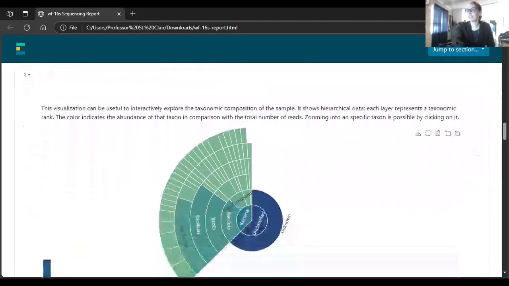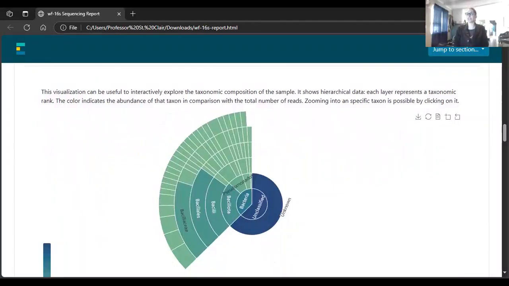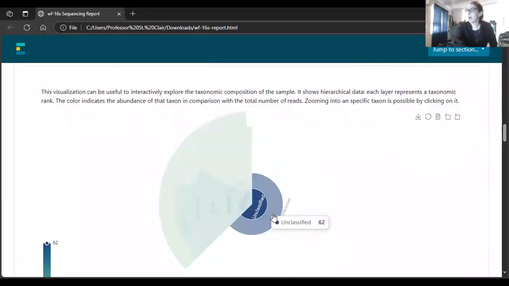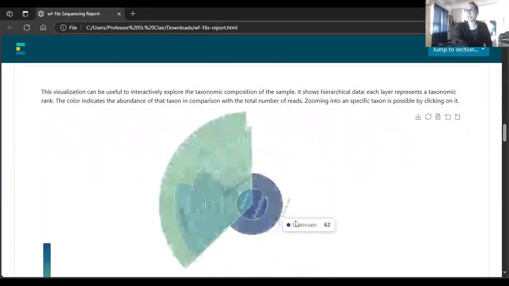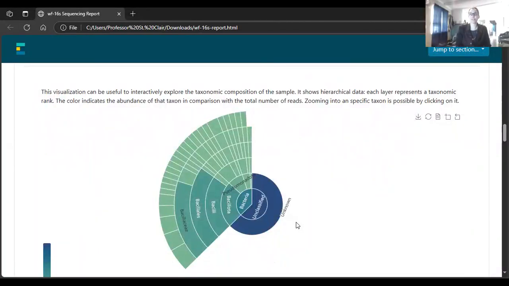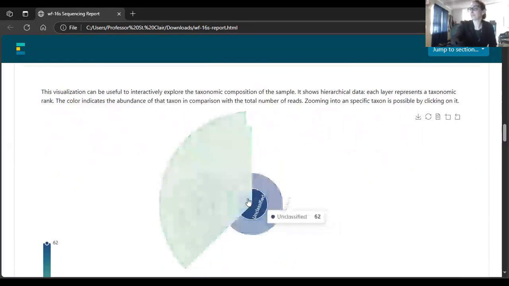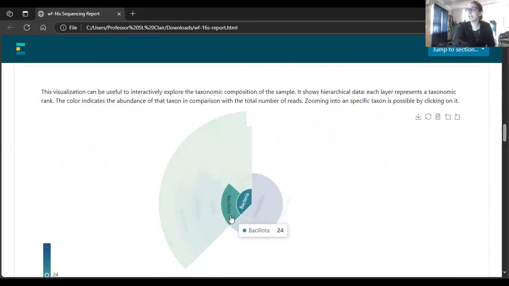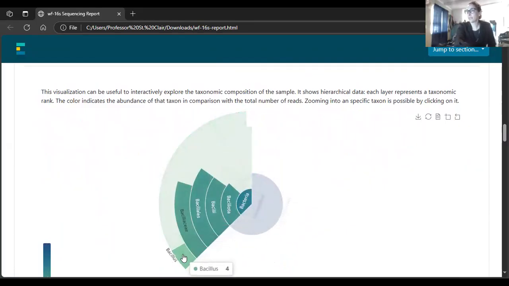The next one is the sunburst. And like I mentioned, this one is interactive. So here we have going through the different taxonomic levels. So unclassified, we can't really find out too much about it because those are unclassified, they're unknown. But if we go into bacteria, we can go through Bacillus, Neobacillus, Peribacillus for this particular sample, Cytobacillus, Priestia,